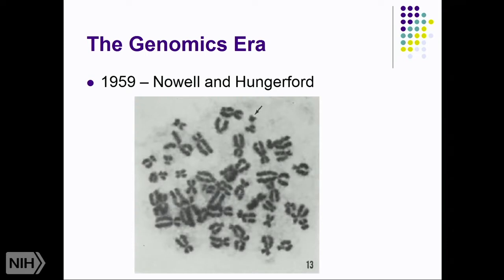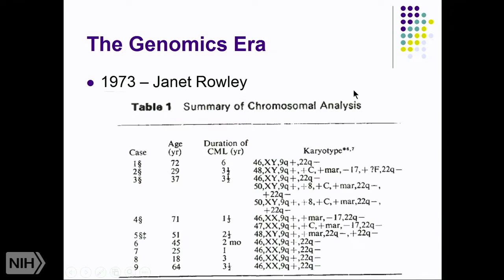So what is the Philadelphia chromosome? You can see here they looked at a broad picture of what the chromosomes were, and they saw that patients with CML seem to all have, can you see my pointer here? Okay, seem to all have this little chromosome here that they called the Philadelphia chromosome because they were in Philadelphia at the time. And then it wasn't until 1973 that Janet Rowley discovered that this was actually a fusion between chromosome 9 and